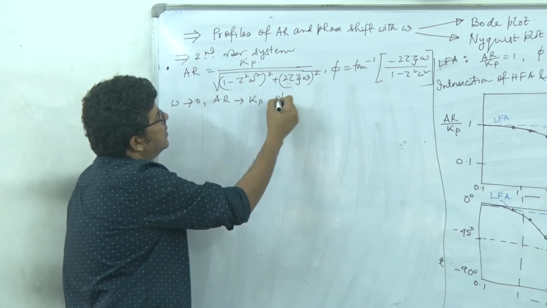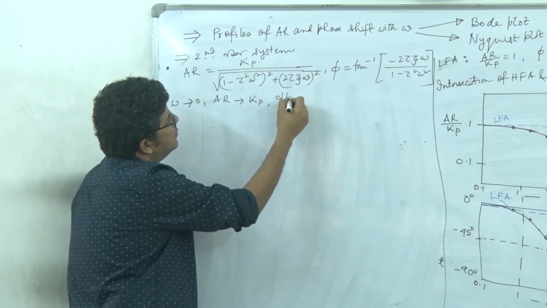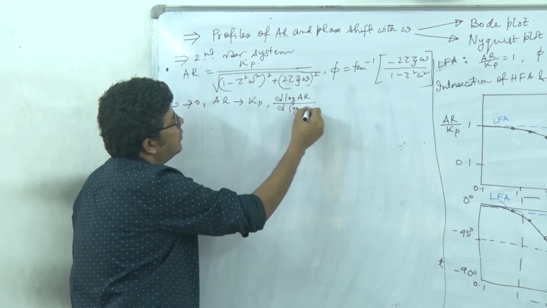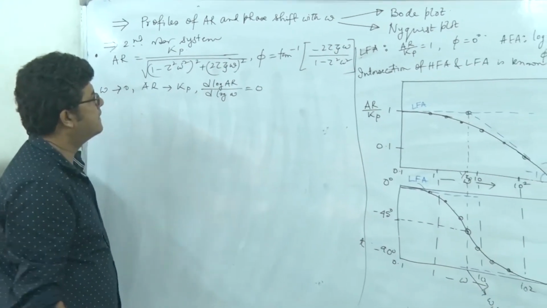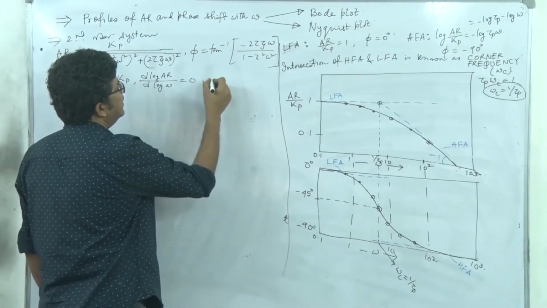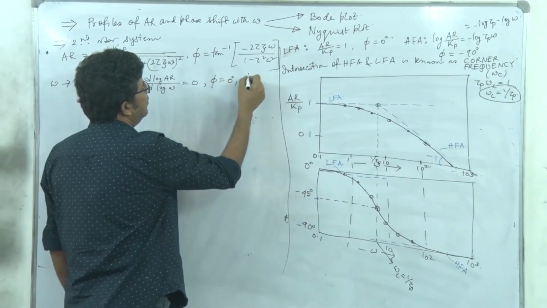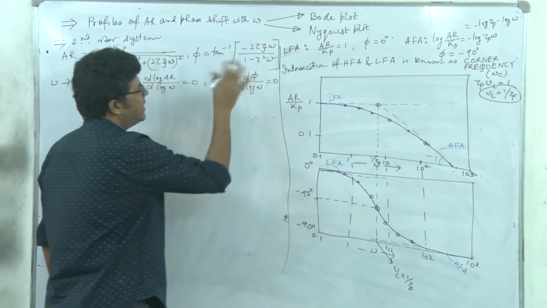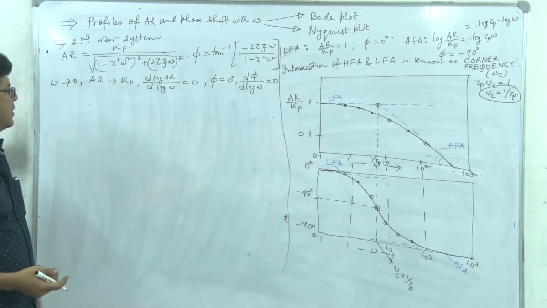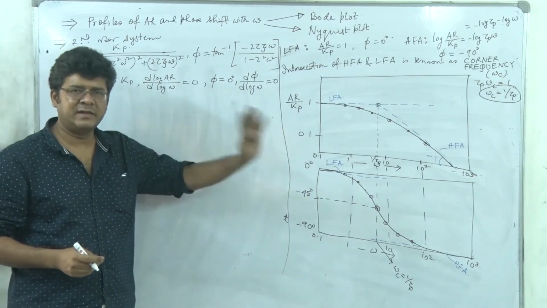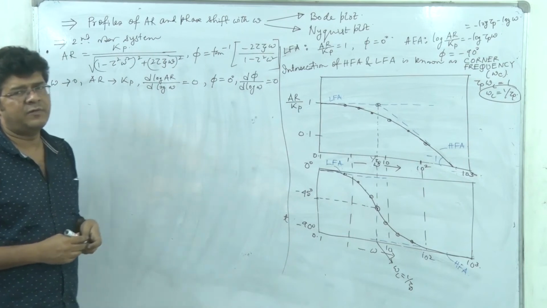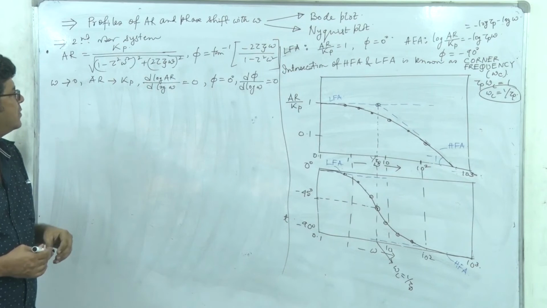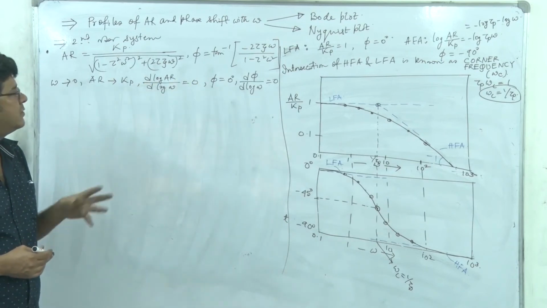We can find that d log of AR, d log of omega will be 0. Right. And phi will be equal to 0 with d phi, d log of omega equal to 0. We can check it out. And actually this finding is not necessary. Most of these asymptotes at low frequency, except a few, will have 0 slope. Right? You can check for the initial 2 or 3. And once you